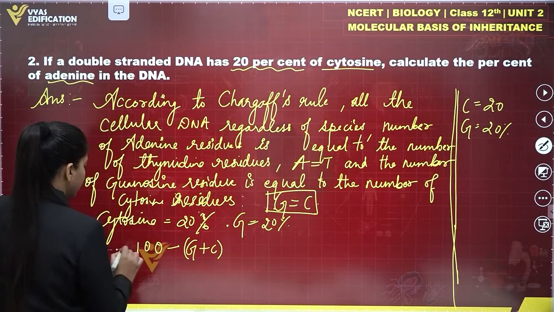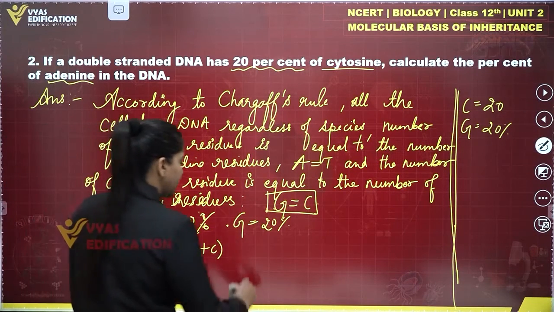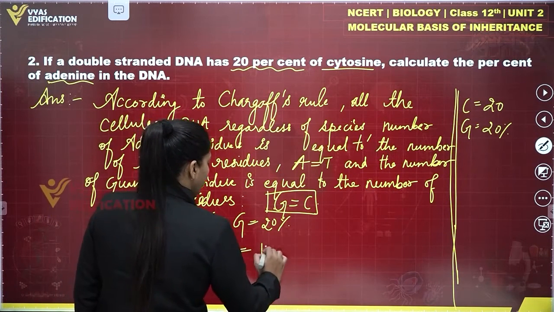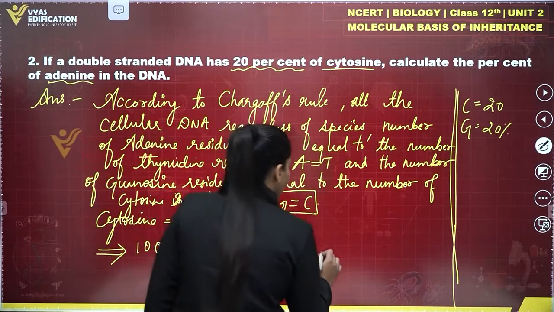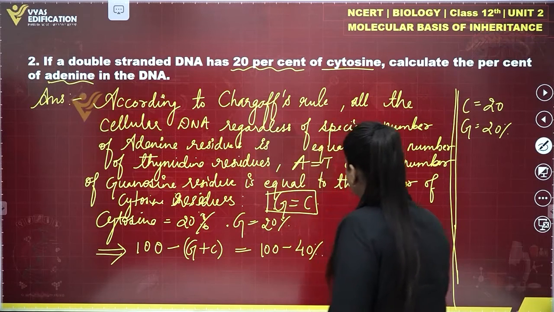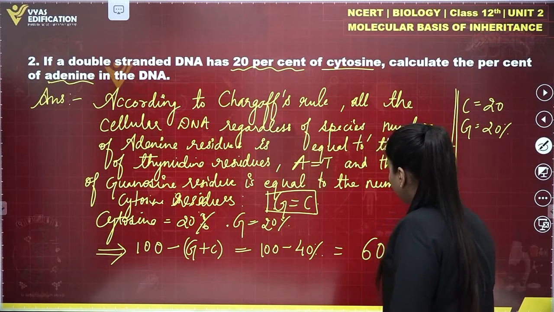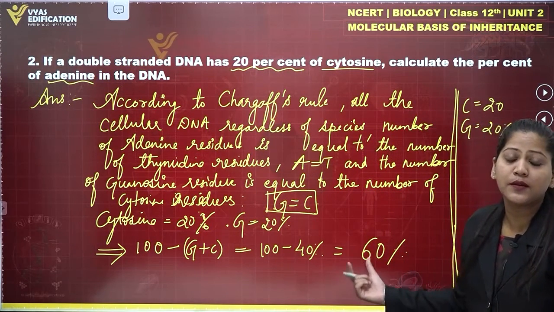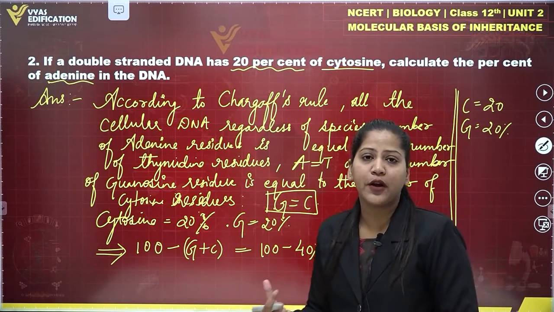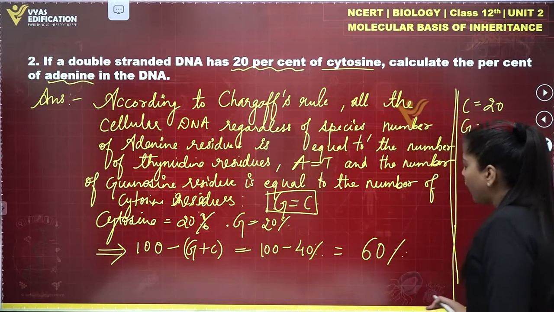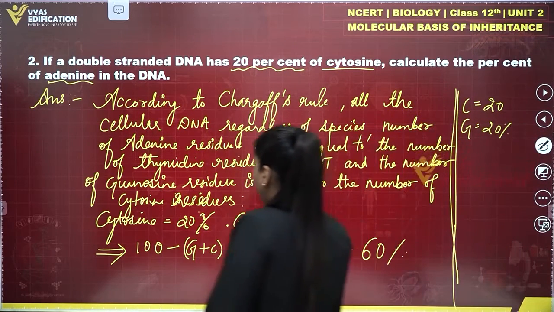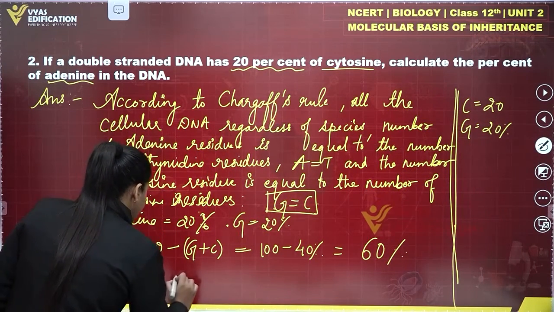We will do 100 minus G plus C, and we know that we will minus 40% from 100%. We'll get 60%. But this is not the answer because this 60% is the number of residues of both adenine and thymidine. Now what we have to do to calculate the percentage of adenine,